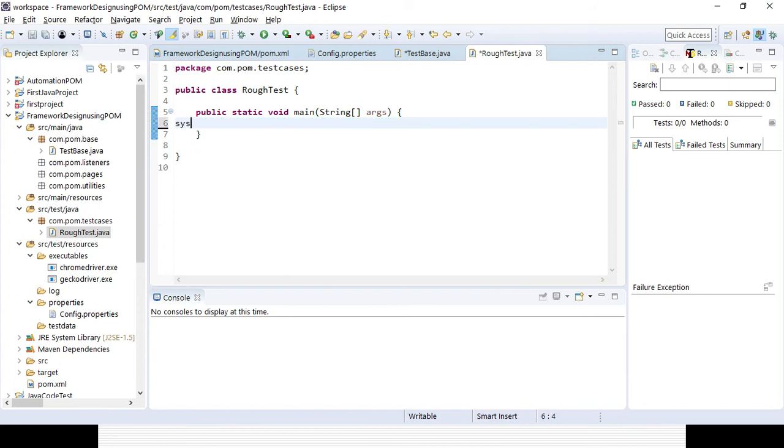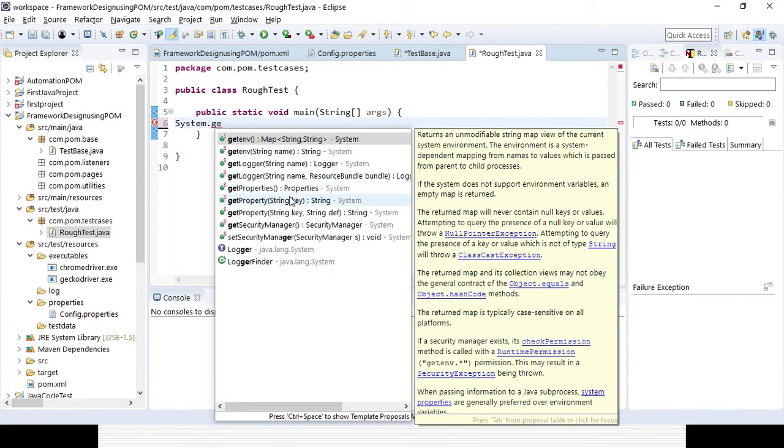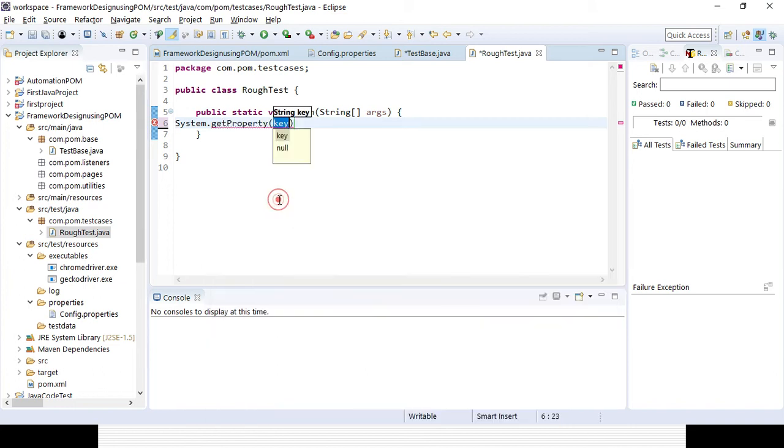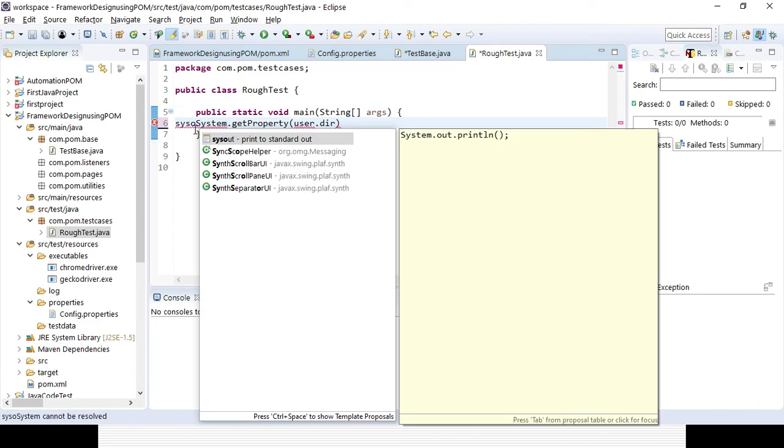So let's try to use that particular syntax, right? System dot getProperty, and here you need to use user.dir, and here I need to print it out so that I can get the path.